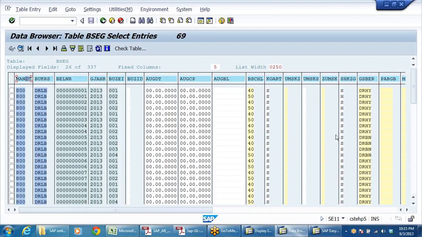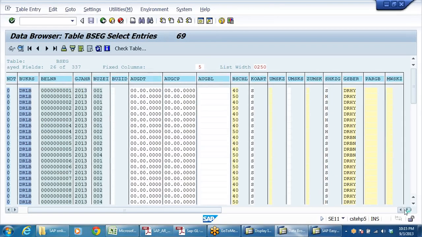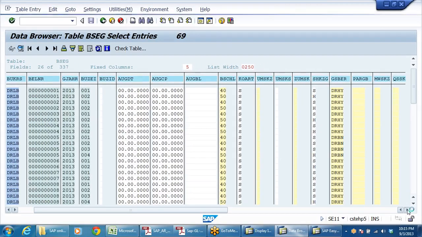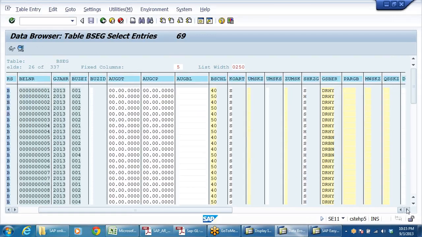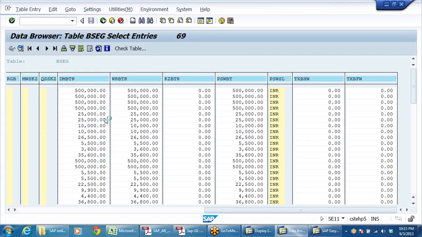So 800 is the client number. Sounds like Dutch language. See, all these things are there, see the amounts, etc. If you want to see this, double click on this.